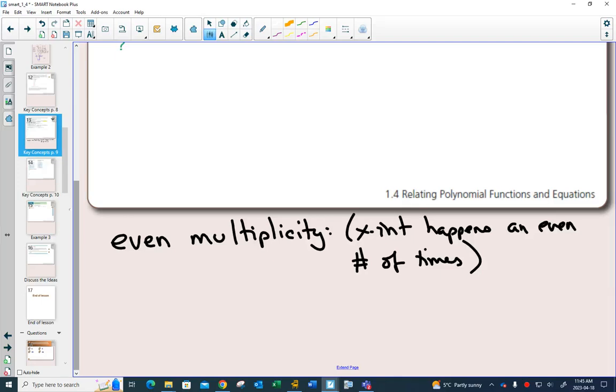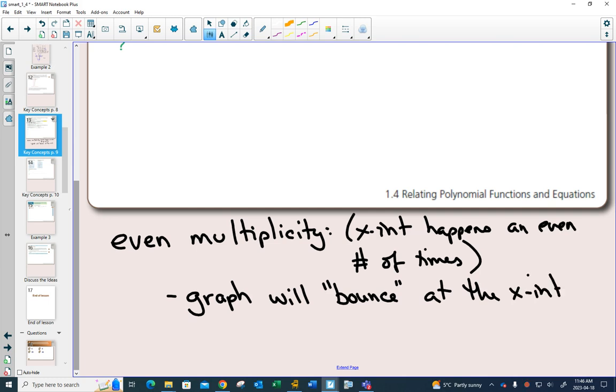And what's going to happen when you have an even multiplicity is that your graph will bounce. I put bounce in quotations because I don't think that's an official math word. The graph will bounce